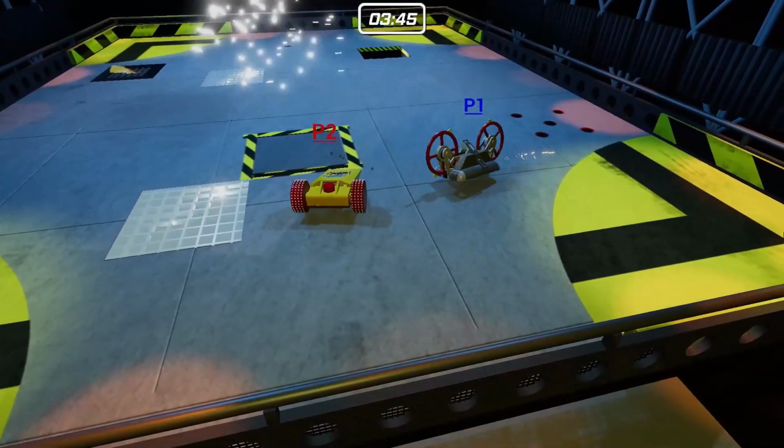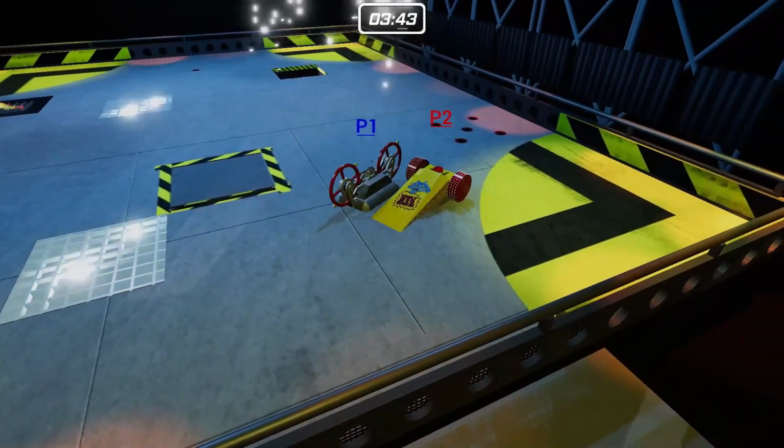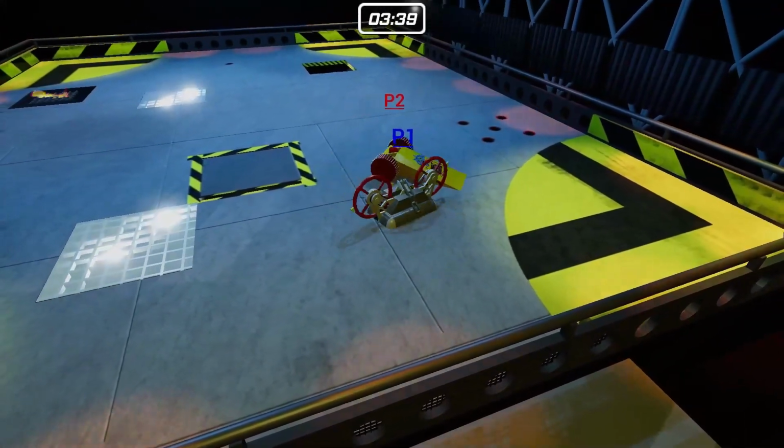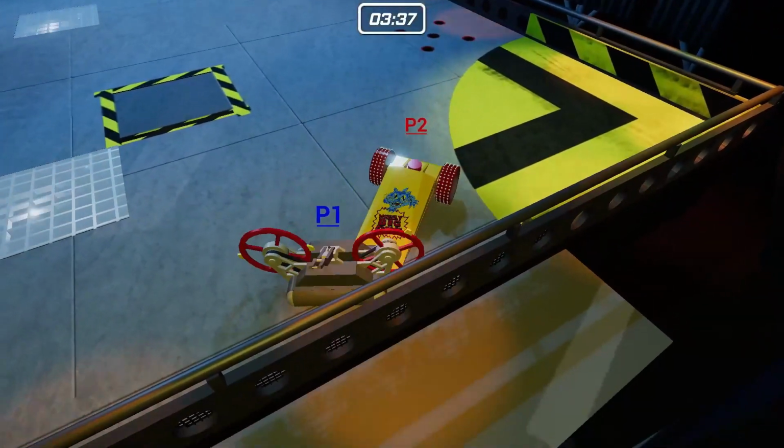Now, Counter Revolution striking against the wheels, which they had great opportunity to do as Wheelie Big Cheese got themselves stuck against the arena floor flipper. And now, Counter Revolution...